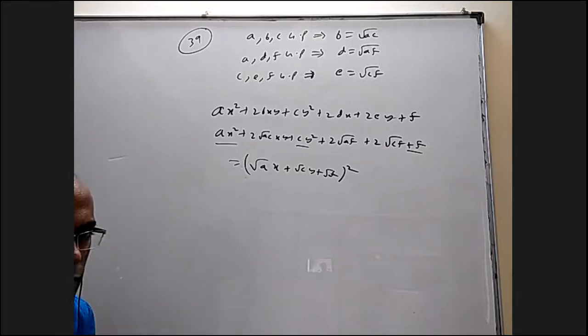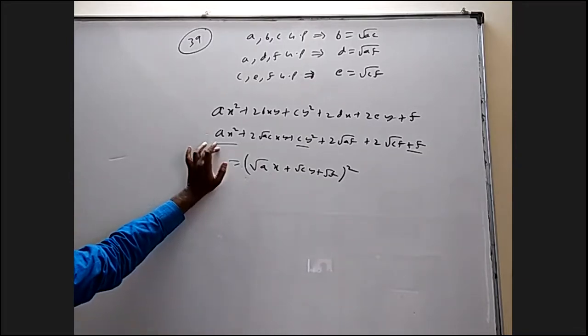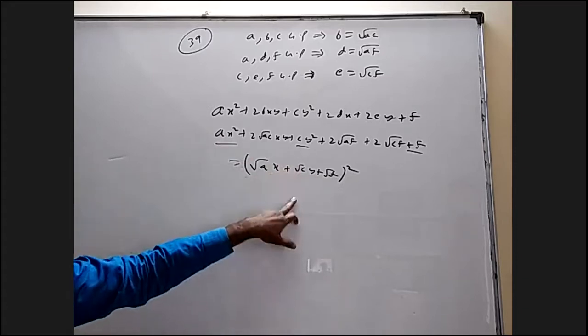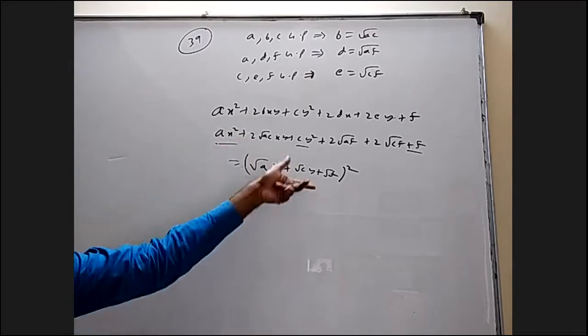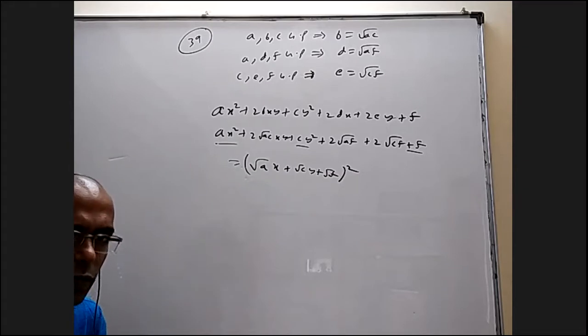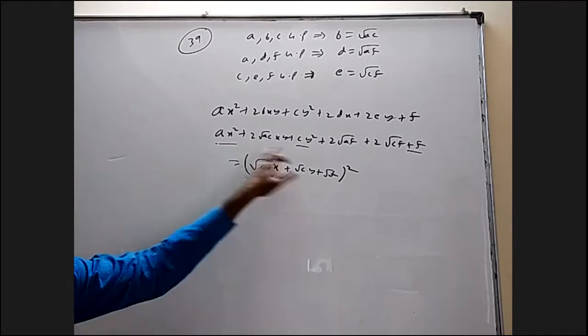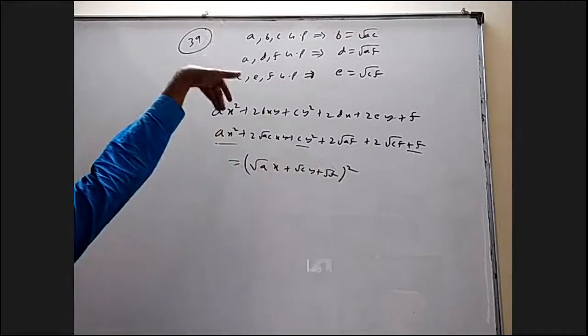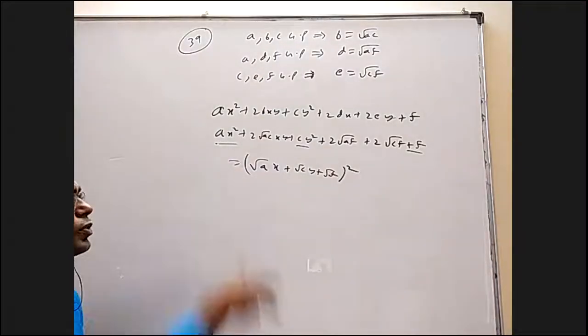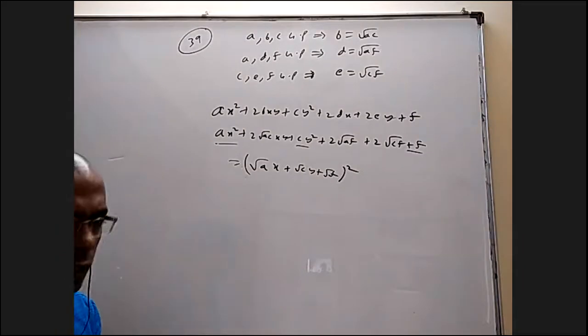Now what I am saying is, ABC are in GP, so ACF should have the same sign. If all are positive, we'll write like this. If ACF are negative, we'll multiply the minus and then make a perfect square like this. You understand, right? Yes. Okay, sir. Whenever three numbers are in GP, when you multiply minus also, they are in GP. If somebody makes up a question like this, multiply minus all over, all the conditions will be satisfied. Nothing will happen, but the perfect square outside will get a minus. So the question should mention that A should be positive, I think. Or I'll get a minus.